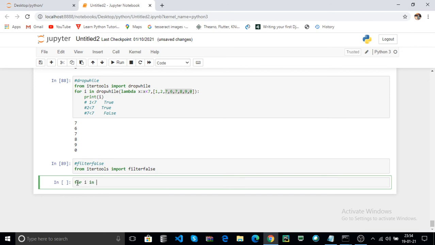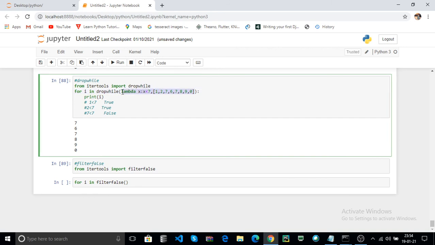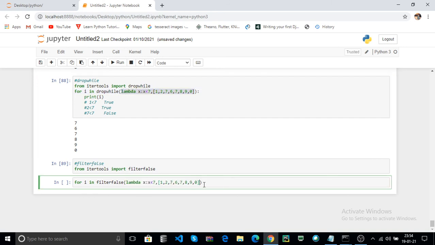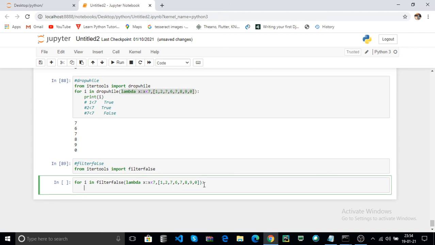For i in filterfalse, here also you can pass the same code. What happens? Here it returns only the items that failed the condition.